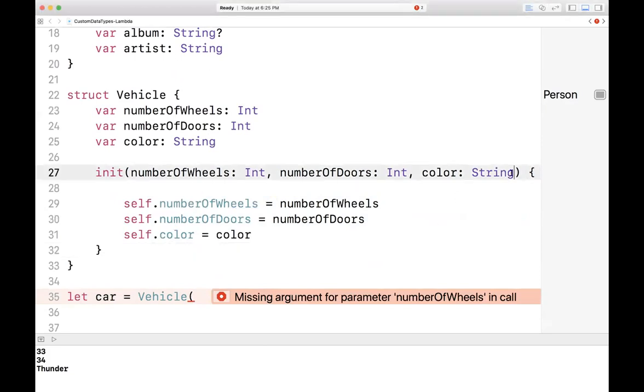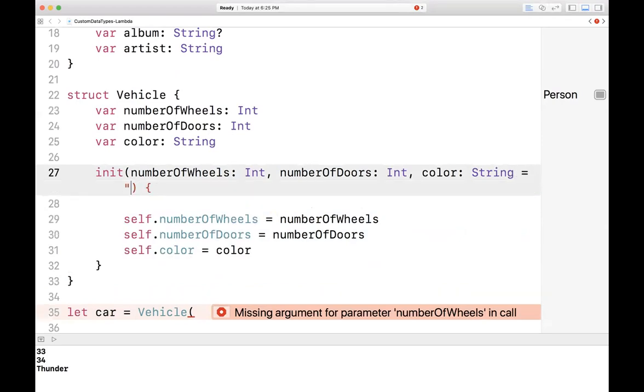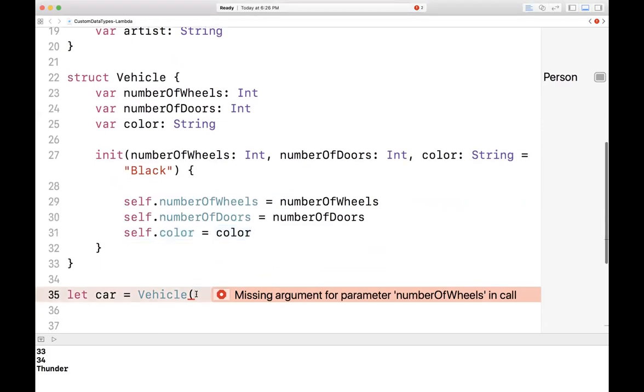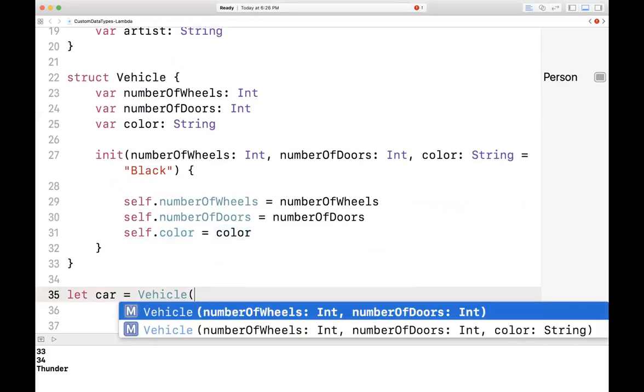Let's say I want the default color for all vehicles to be black. Well, I can set that default value here in this initializer, saying to initialize the color with black. Now if we go down here to our vehicle, you'll see that I have